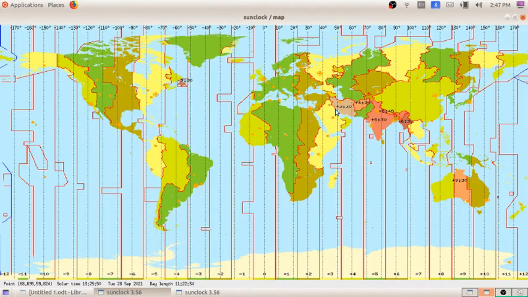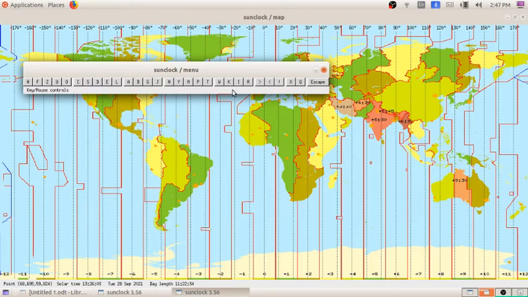So here I am taking what they have done. The first instruction is: open the Sunclock software and display the main longitudes in the time zone map. We already saw the main longitudinal lines.